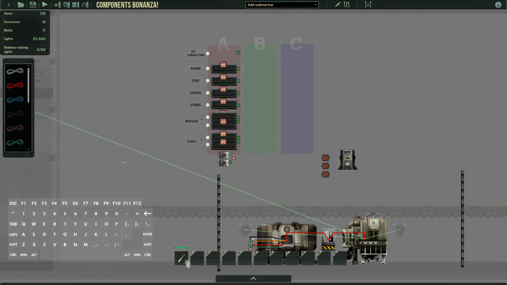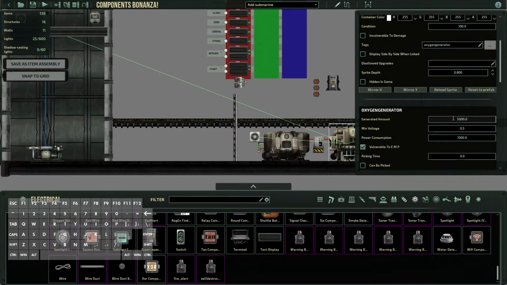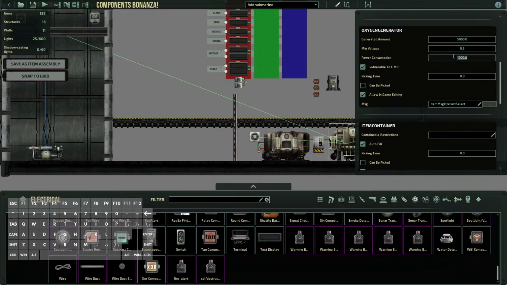Okay, so where were we? Power signals. Devices are powered from the network, like if it's connected to a reactor or a supercapacitor. If you look at something like this one, you'll notice that down here it talks about the minimum voltage and the power consumption. Nominally, if there's all the power that this thing could possibly want, it will pull 1,000 kilowatts or